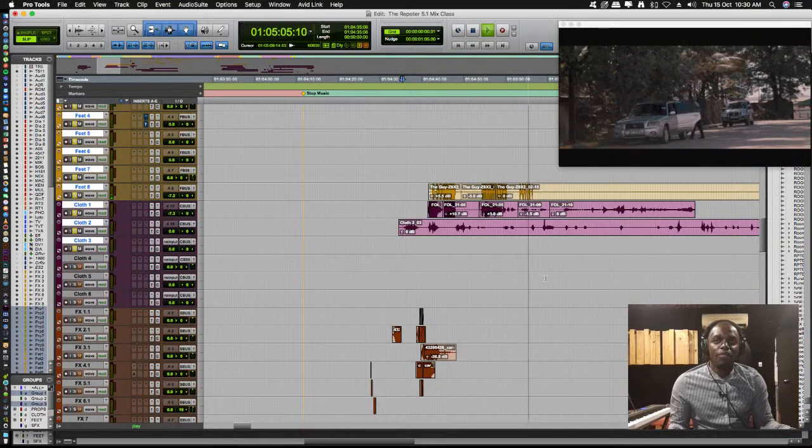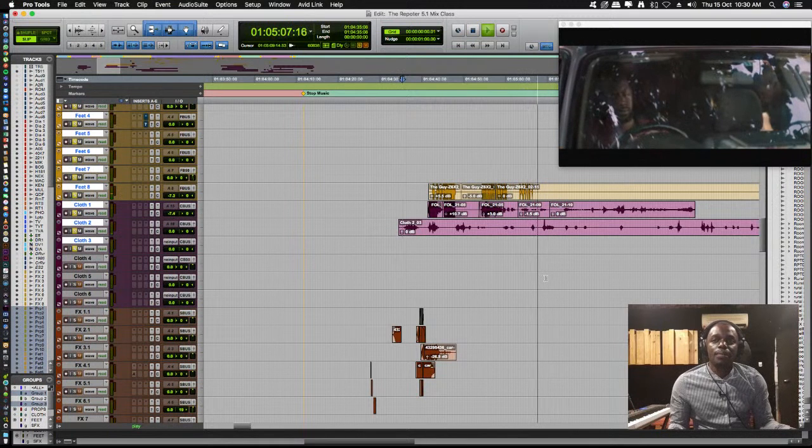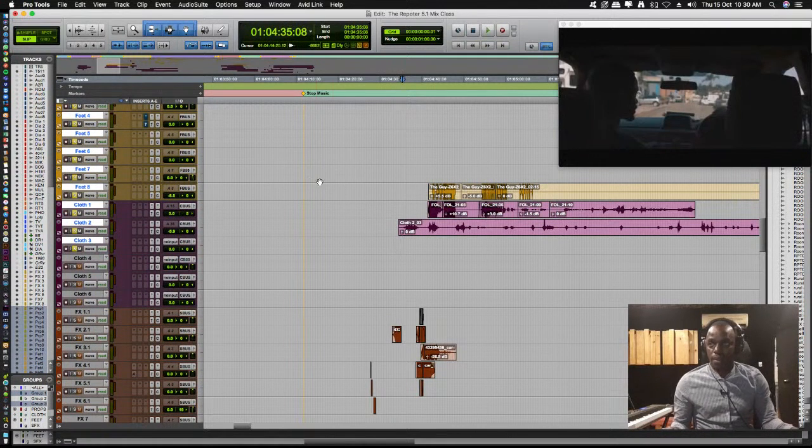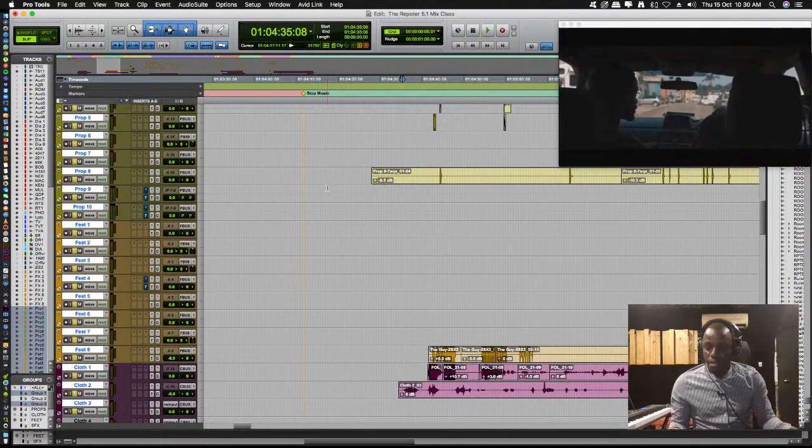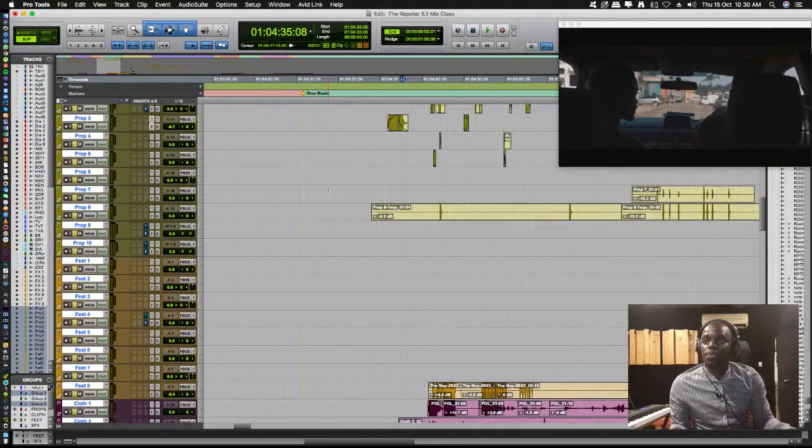You're following every move they make. Yes, that is a quick example of our three tracks with props and